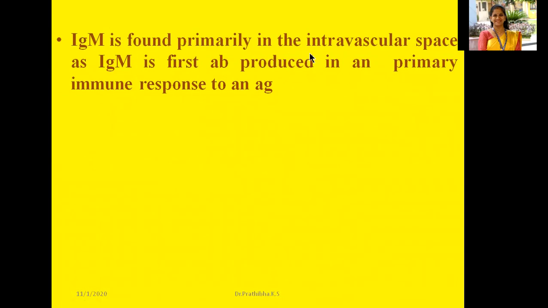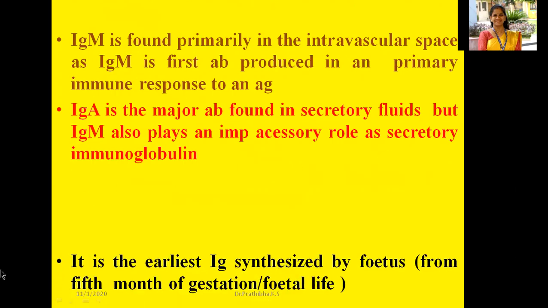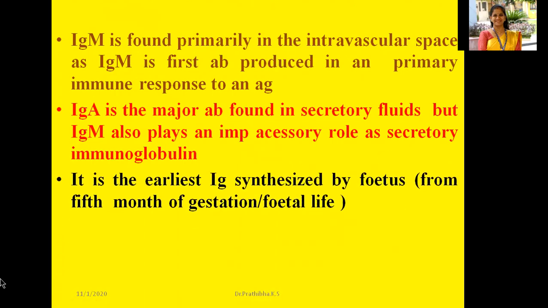Okay, IgM is found primarily in the intravascular space, as IgM is the first antibody produced in a primary immune response to an antigen. IgA is the major antibody found in secretory fluids, but IgM also plays an important accessory role as secretory immunoglobulin. But in the exam, if they ask which is the secretory immunoglobulin, you need to mention IgA, whereas IgM has an accessory role as secretory immunoglobulin. And it is the earliest immunoglobulin synthesized by the fetus, right? That is from the 5th month of the gestation period of fetal